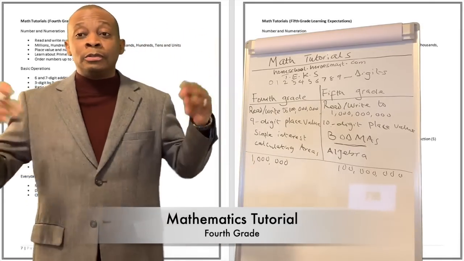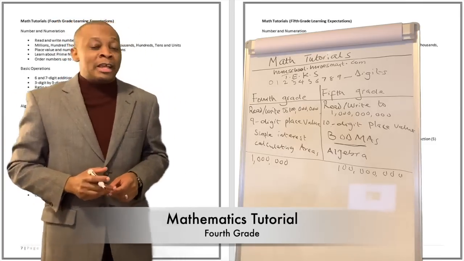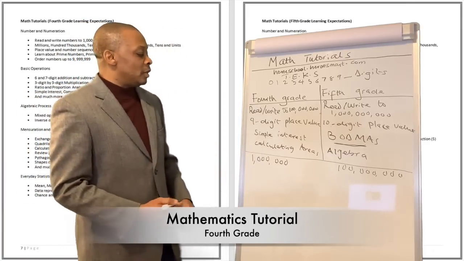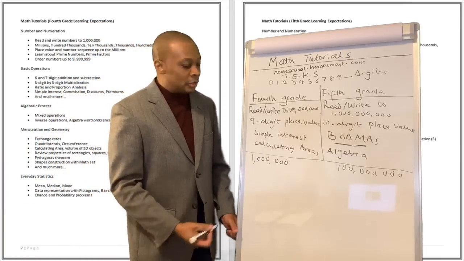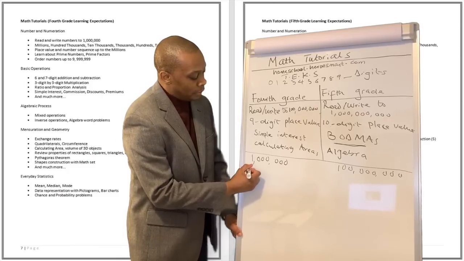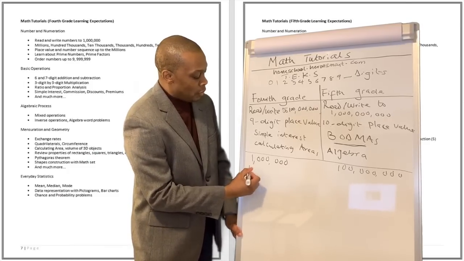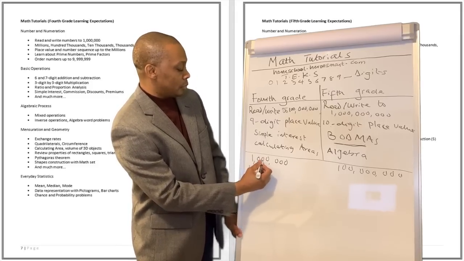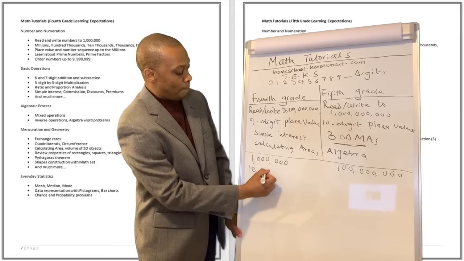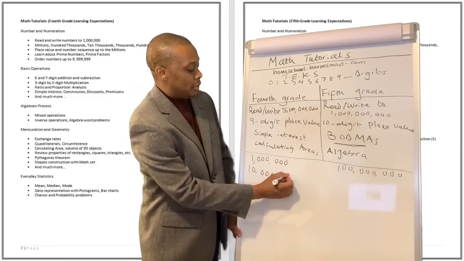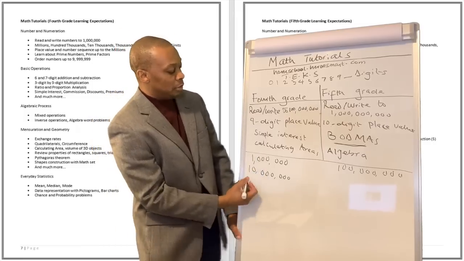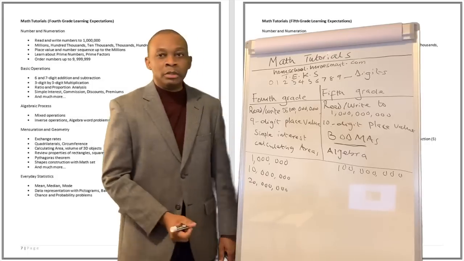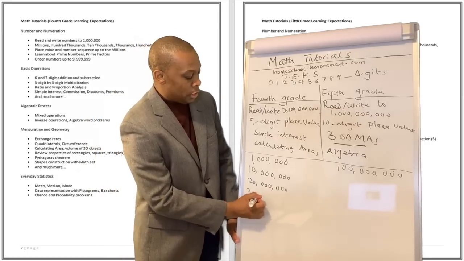They can count for as long as they want to count. So what are you going to do? You're going to tell them, let's count in tens of millions to start with. This is going to be 1 million, 10 million. So we started with 1 million, 10 million, 20 million, 30 million,